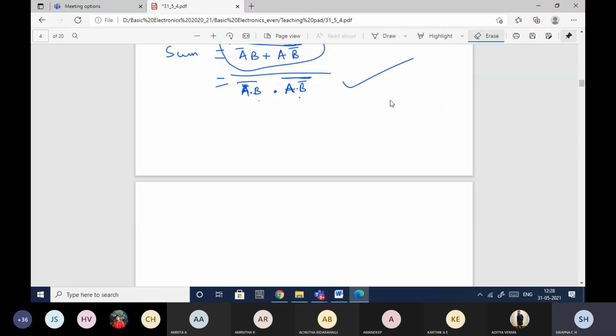Is this clear? Have you understood what I've told you here? Yes, I'm able to get A bar, and then I have A bar dot B whole bar. So this also I'll be able to implement. In the same way, B bar I can get, then A dot B bar whole bar. This also I can get using a NAND gate. Again this term I've got and this term I've got, so this into this whole bar form. So I'll be able to implement it now using NAND gates. One second.